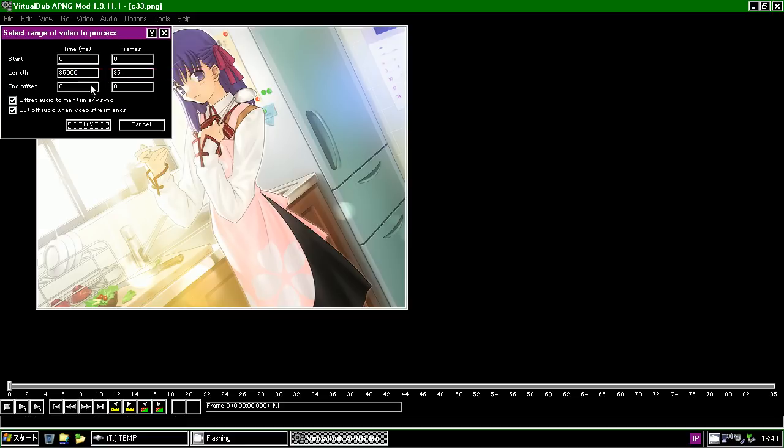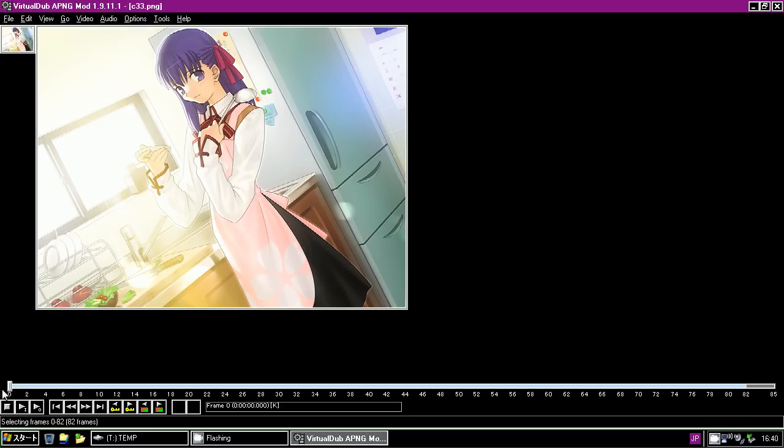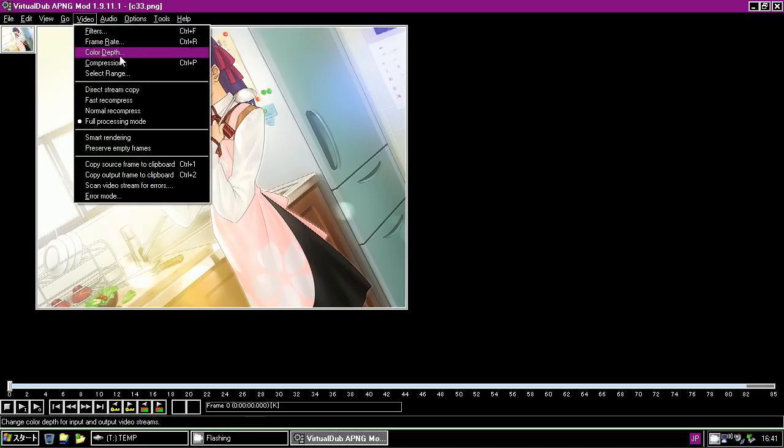One thing you can do is actually you can just select range and just tell it to say 82 frames. And it'll only do the blue area. It'll only do 80 frames. So you could just hold it down, Control F, and Control V, and throw in a couple thousand frames, and then do whatever. Just edit it afterwards.